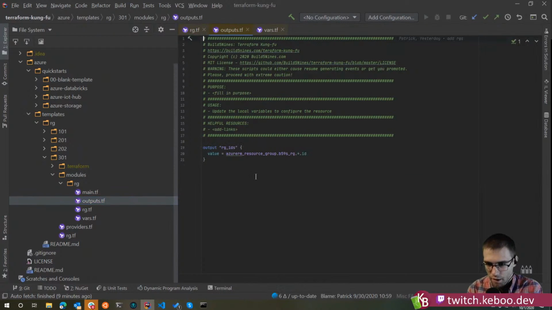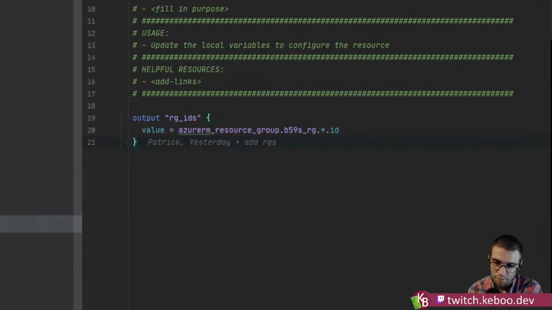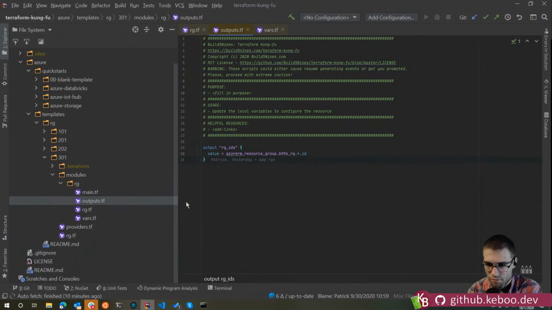Well, and the one thing that's really important here is this ID, right? This ID becomes even more important, right? Because now that we're running out of this folder, remember we were talking about all the folders before, right? When you're using the modules, it's different in terms of how you're referencing this. Which next stream or something we'll get into this a little bit more when we do the VNets or whatever, where we have to create an RG and create a VNet. When we create that VNet, we're going to have to reference the IDs that are here, right, and get those values out, right?